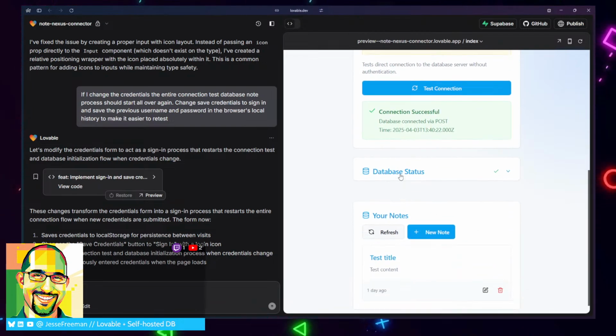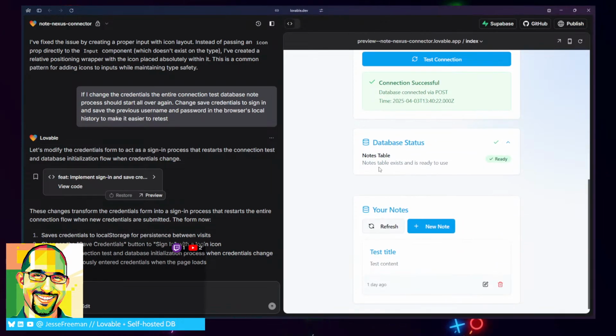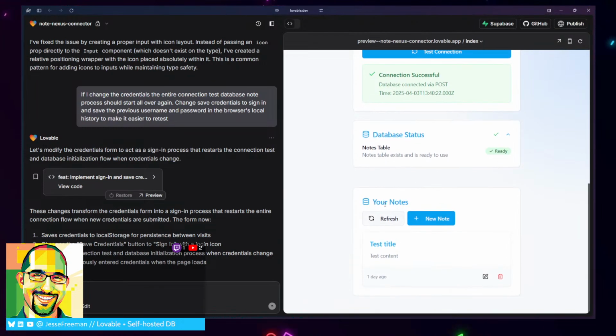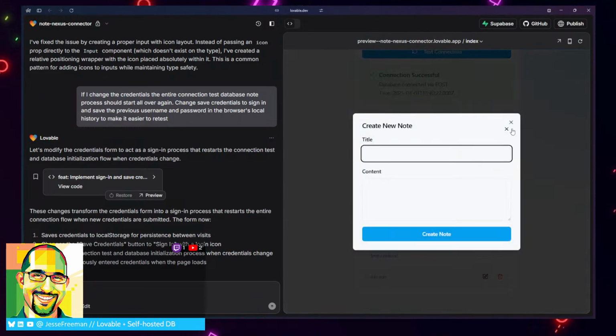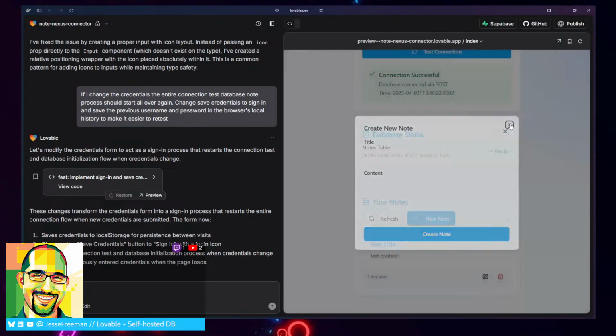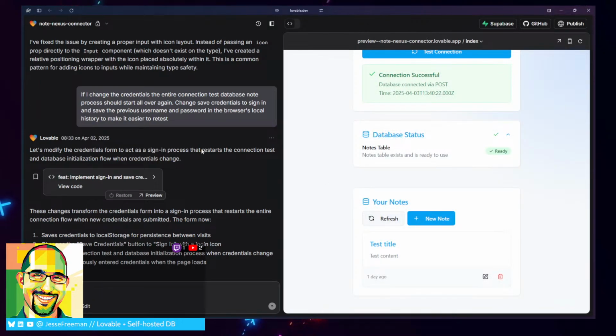It shows you that it's successful. It shows you the database status, and then it shows you your notes and stuff. And then you can add a new note and remove it. Lovable loves doing this thing where it adds two close buttons at the same time on modals, but hey,